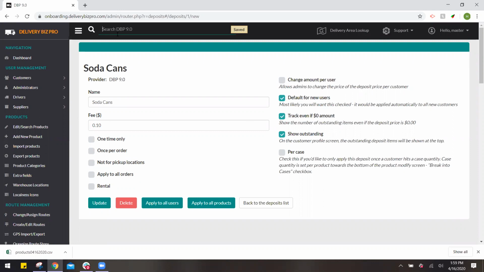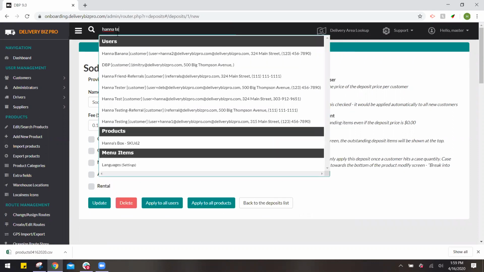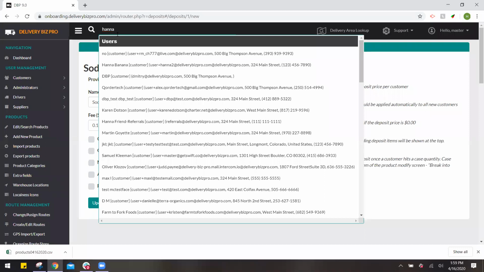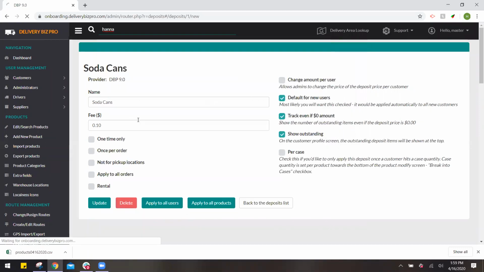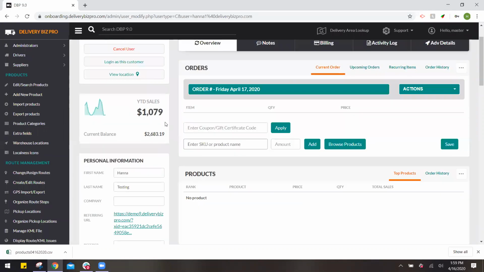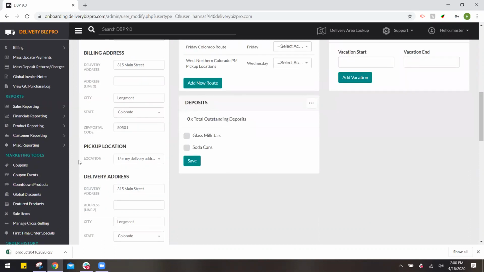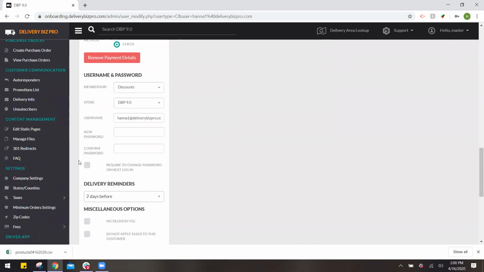Let's go into a test customer's profile. So we'll go to HANA testing. So in here, you'll see this deposit section. Right now, these options are not checkmarked. This just means the system doesn't have the ability to checkmark these because the customer was already created prior to these having been added. So what we're going to do to fix that is we're going to go back into